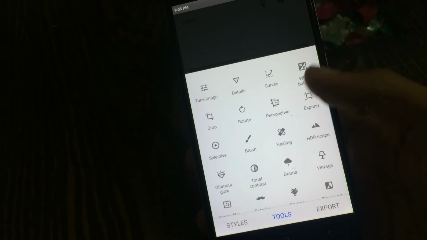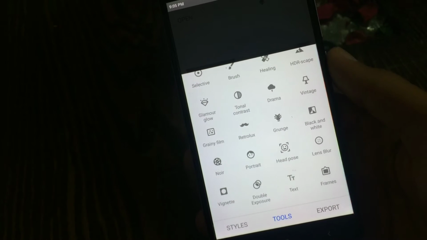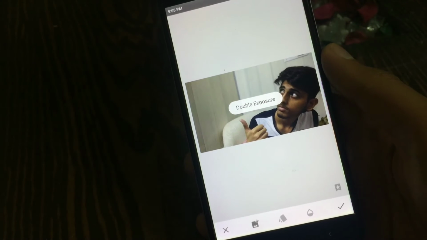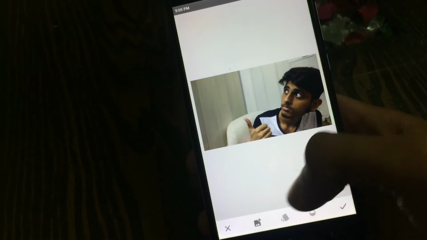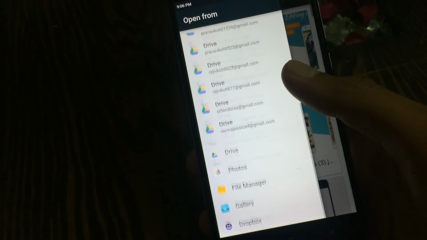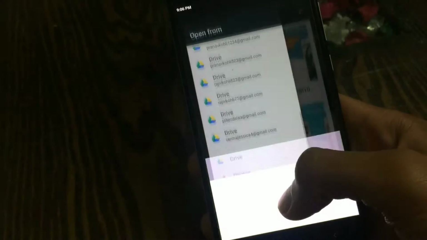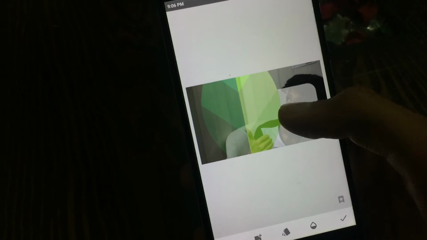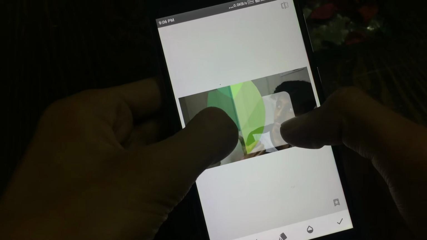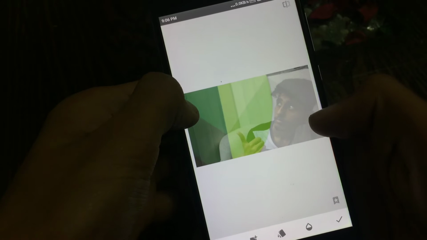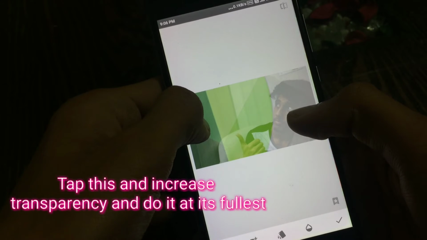After that, scroll down till you see double exposure. Click on that double exposure. The first option, which is add picture, just click on that option and then select your background picture from your gallery. After that, select the area in which you want your background picture. After selecting,